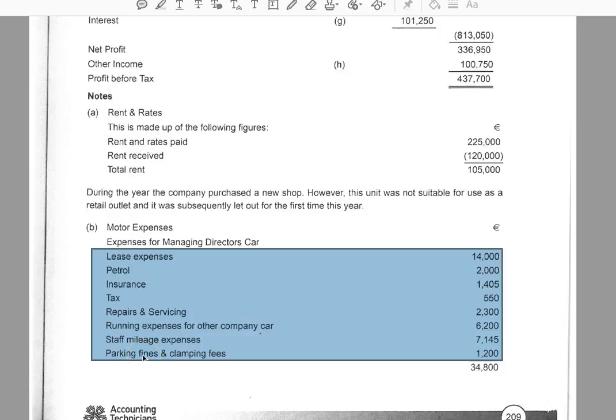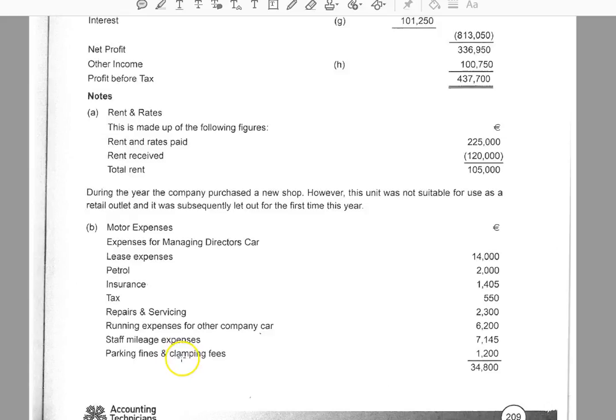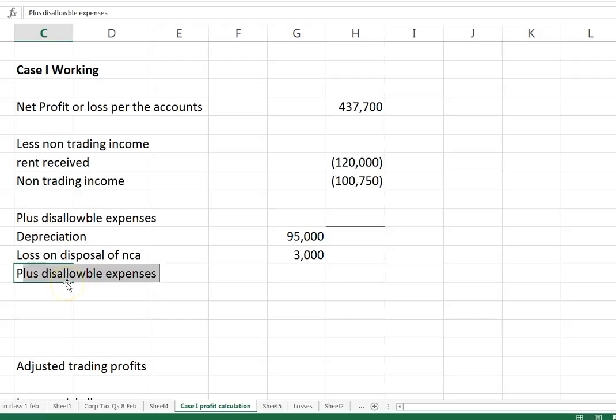The ones that jump out here are lease expenses and parking fines, and clamping fees. Anything with fines and fees gets added back. So that's the easy one, and they were for 1,200. And then with the lease